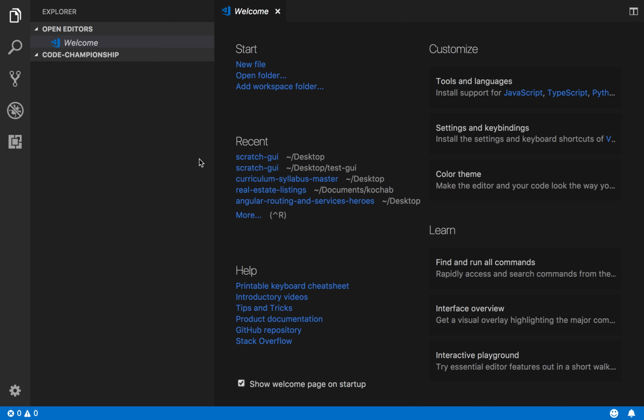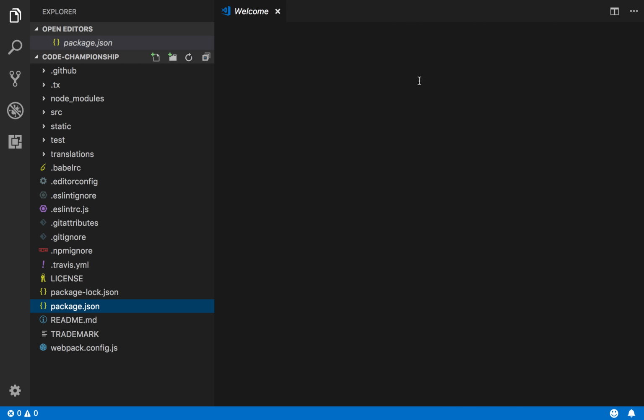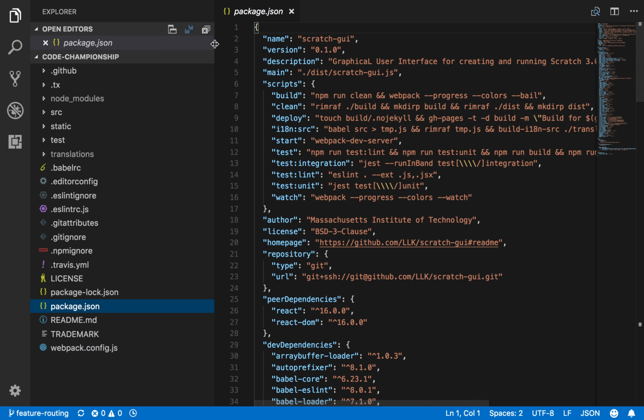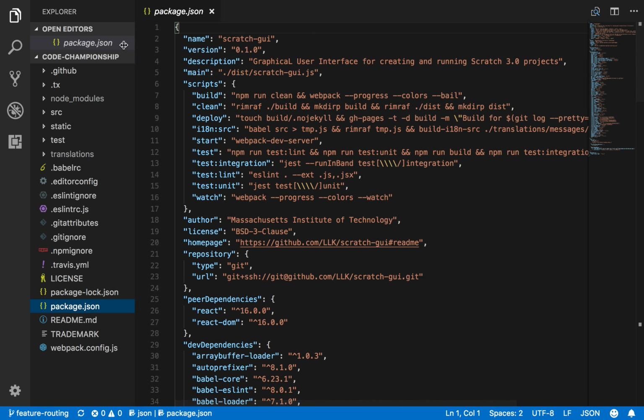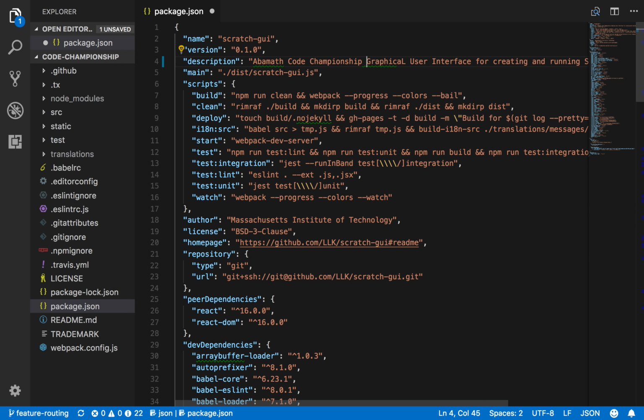Now, inside of the package.json, I want to make sure that all of that information is up to date and correct. It is not true that this project is about the graphical user interface for creating and running Scratch 3.0 projects. This is Avamath Code Championship code. So Avamath Code Championship code with Code Championship website with graphical user interface